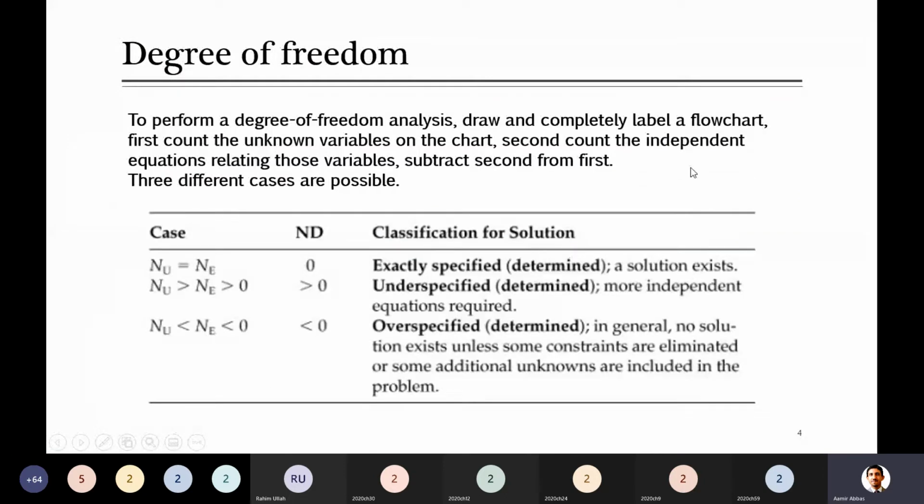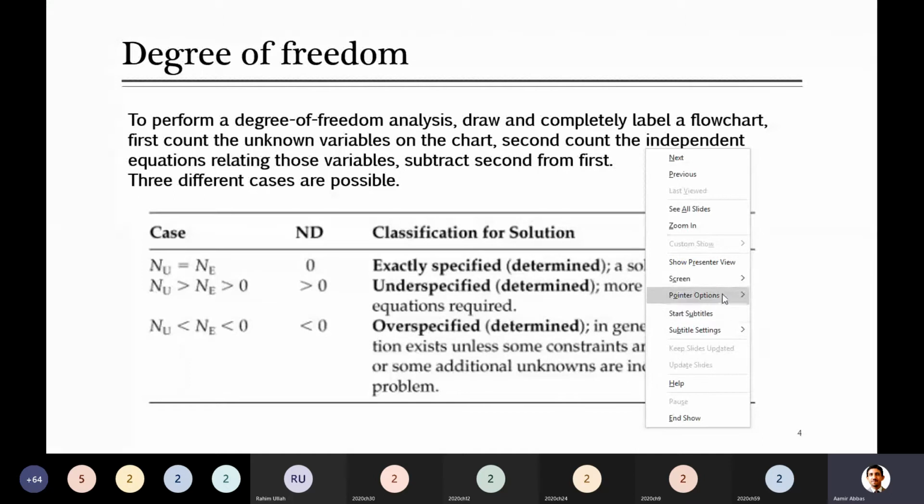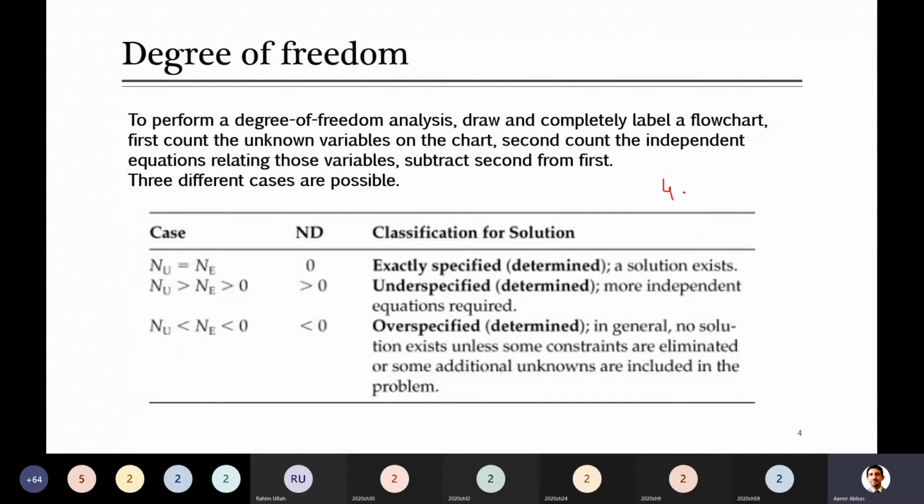Specified, exactly specified system, as I explained in the last step somewhere, that if for example there are 4 unknowns and 4 independent equations. So for example, I am looking for degree of freedom, and the number of degrees of freedom is equal to the number of unknowns minus the number of equations. If the unknowns are 4 and the number of equations is the same, then this degree of freedom is equal to 0. And whenever it is 0, we call it a system that is exactly specified. And this will give you a unique solution. I mean, a solution of those unknowns exists in this system, and you can find it.